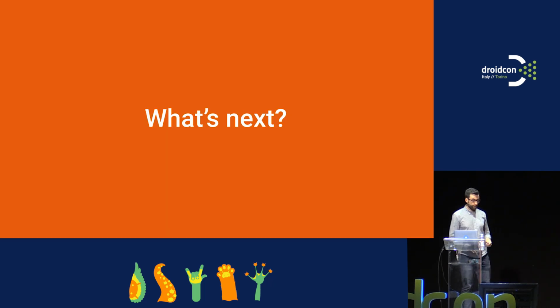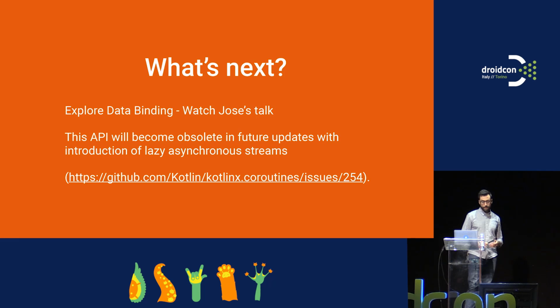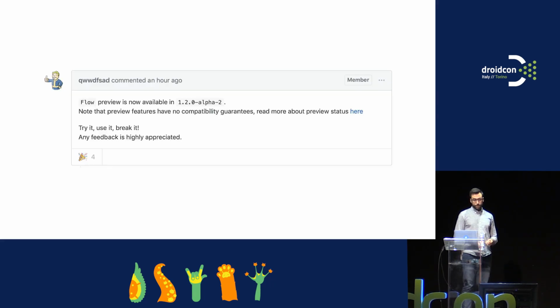Now, what's next? Obviously, a few things that we can do. After watching Jose's talk on the new things on data binding, I think all this dance that we have in the activity with render success, render failure, and view states, I think we could do better defining those things as data binding in the layouts, but that's something that we need to see, at least just to clean it up. And then obviously we have this long-term issue in coroutines about the hot streams. Obviously now it's all deprecated, so probably the next week we'll be working on how to implement the same flow using flow and see how we go about that.